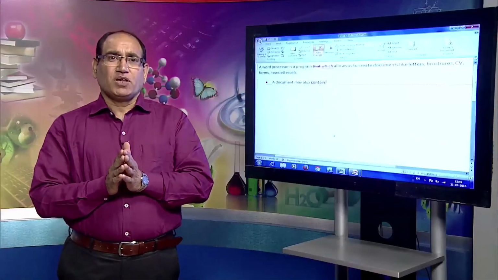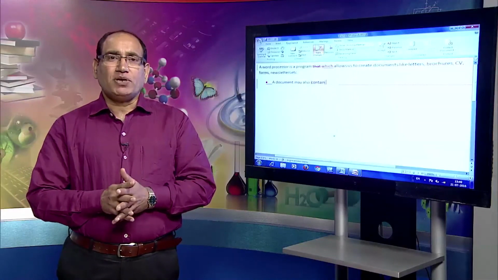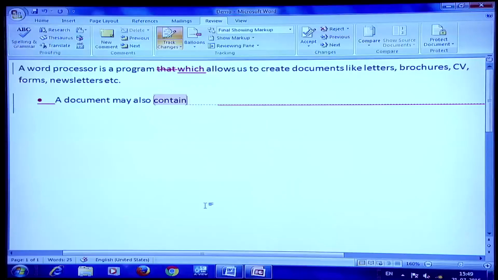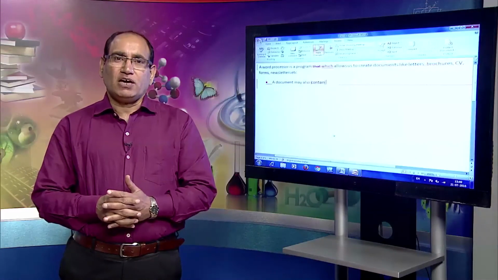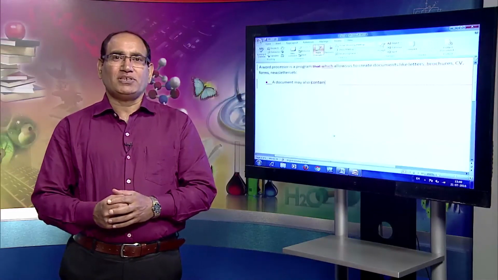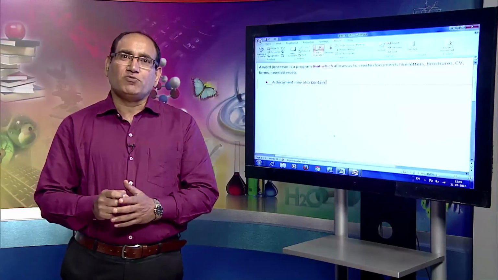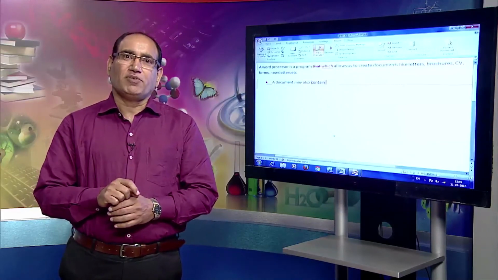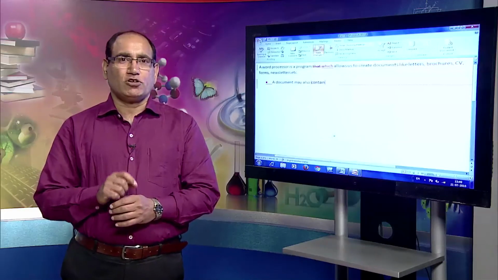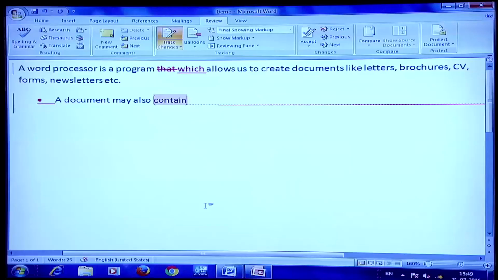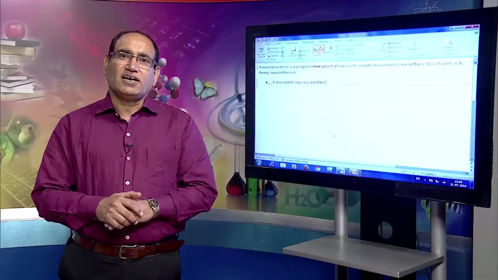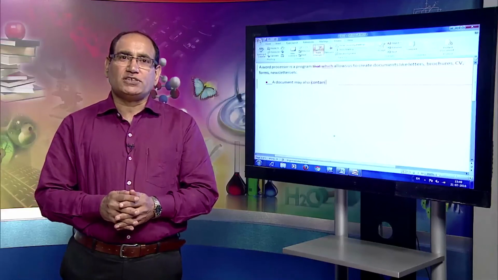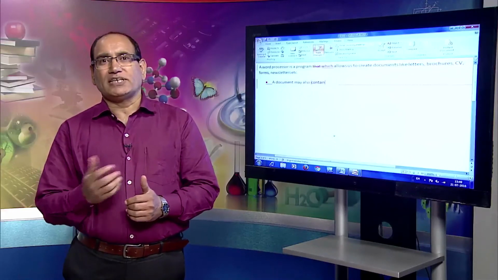What happens is, whenever I write some document, the document may contain some errors, there may be something which can be improved. I want to give this document to someone else for editing, and that person edits the document. If I cannot see what changes have been made in the document, then it is very difficult for me to see what corrections have been made, whether I want to keep those corrections or not. And if Track Changes has been done there, it tracks the changes which have been made, and then it is up to me whether I want to accept those changes or not. Now, let us see how we can accept or reject the changes.